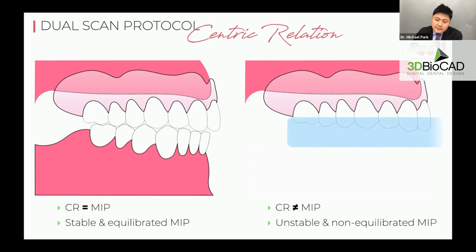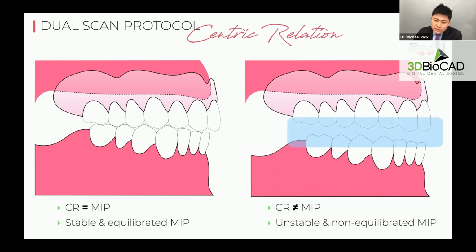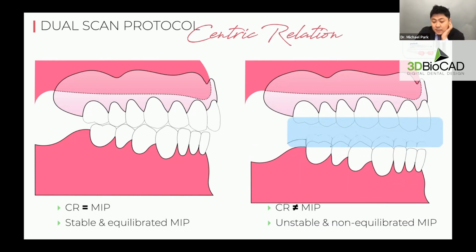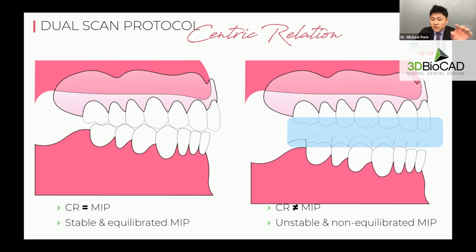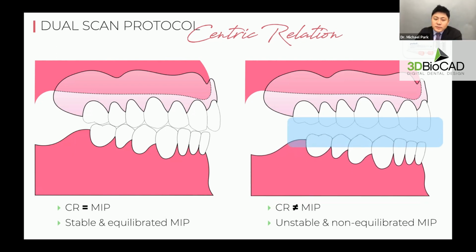Like I discussed before, we use silicone bite registration material and then get the patient into centric relation position. The reason why we use CR position is not because it's the best occlusion or anything. It's just a repeatable position. So I do want it to be a repeatable position, and that's why we use CR. And of course, you can make sure that the patient's in CR by getting them to open and close after the material has set,